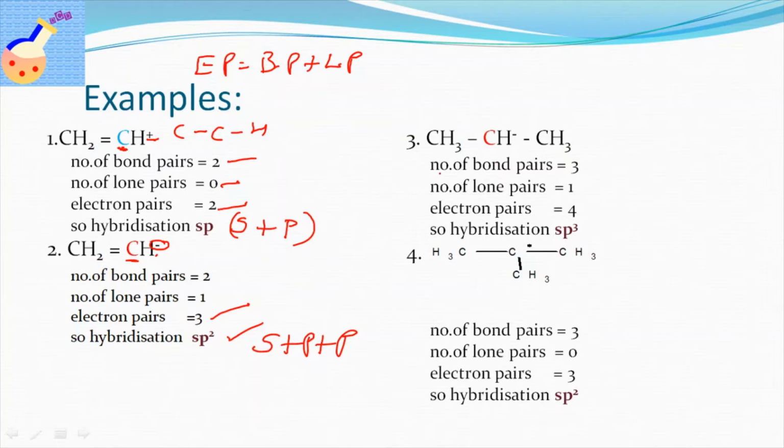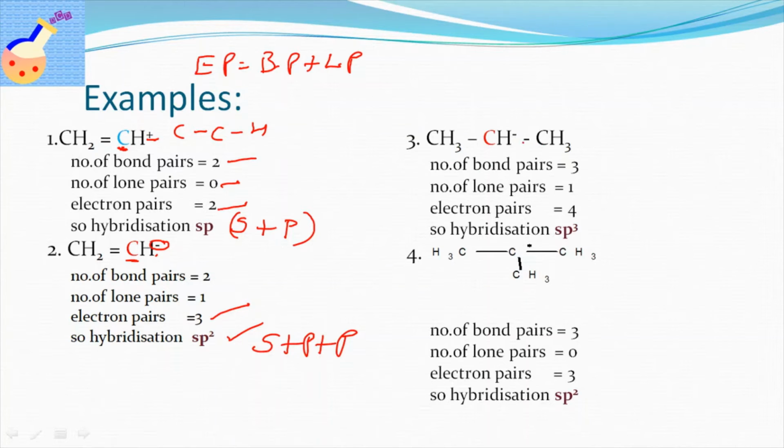Got it? See here, it is also an ionic species. There is a double bond. If you go for the pi bond method, only one pi bond is there, so hybridization would be sp2. But this is not sp2, it is sp. So you have to choose the electron pair method for these types of molecules.